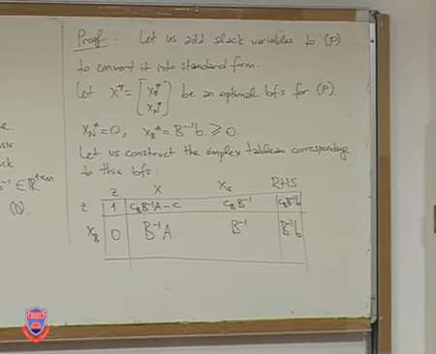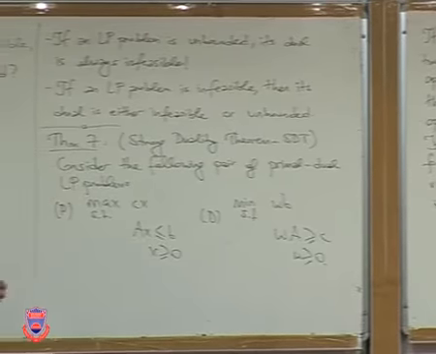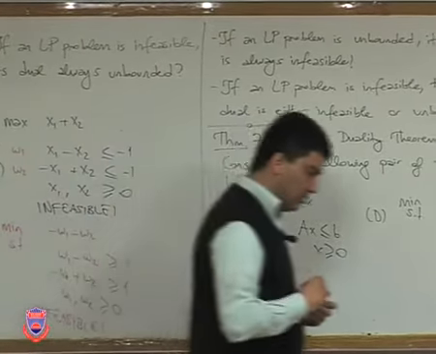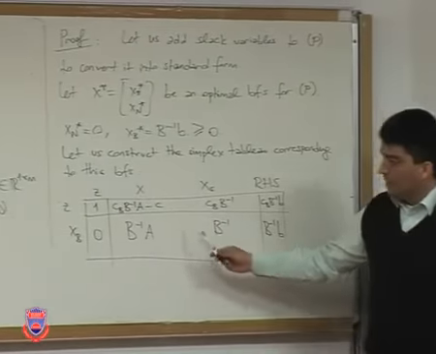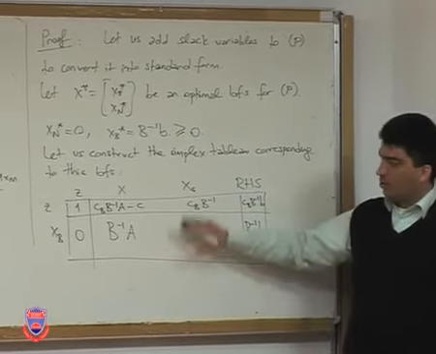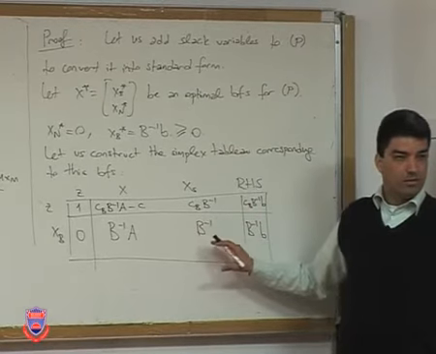So what do I know? I know that this solution is optimal, right, for my primal problem, okay? So I'm assuming that x star is an optimal solution, and this is the simplex tableau corresponding to that optimal solution. So now this is where you should start thinking about the simplex method. So remember, primal is a maximization problem. So this is the tableau corresponding to this solution, and we know that this is an optimal solution, okay?